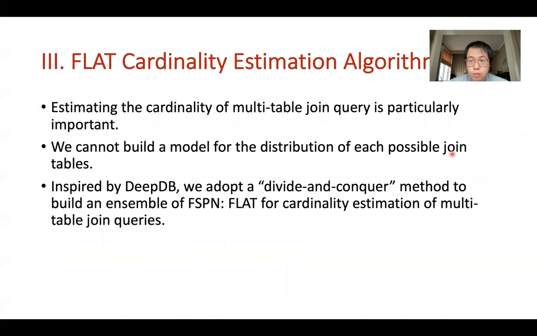Being able to predict well on single tables is definitely not as important, since a cardinality estimator has to estimate the multi-table join queries in order to select the optimal join orders for the query optimizer. And apparently, we cannot build a model for each possible join of tables. It's going to take exponential space. Therefore, inspired by DeepDB, we adopt the divide and conquer method to build an ensemble of FSPNs and to support join